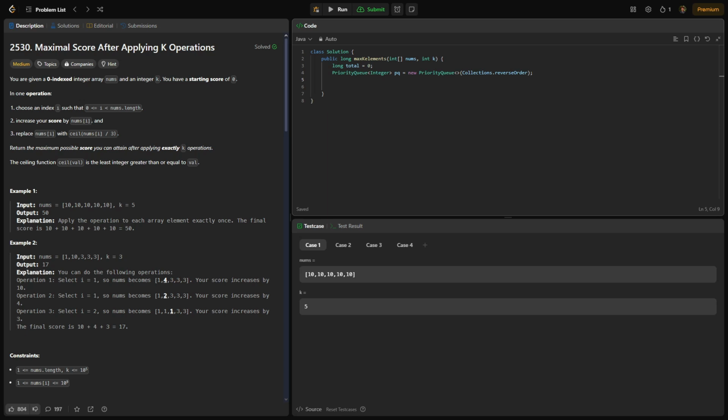Today's daily Go video of the day is Maximal Score After Applying K Operations, number 2530. For this problem, we're given a zero-indexed integer array nums and an integer k, and we have a starting score of 0. In one operation, we can choose any index in our array nums, and we can increase our total score by nums[i], or whatever index we chose,